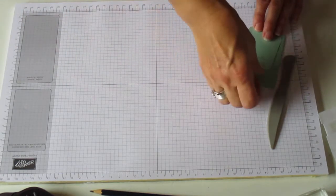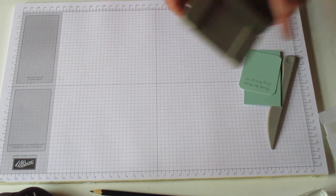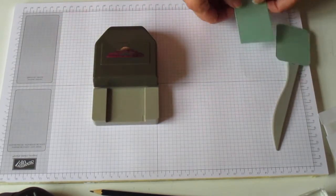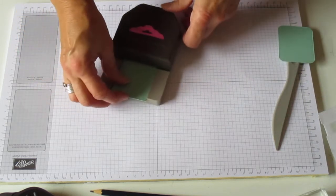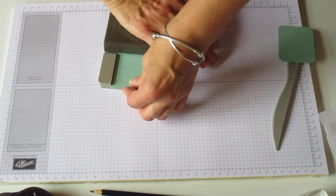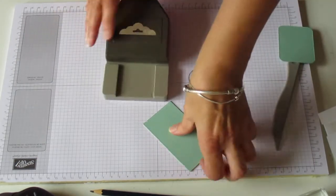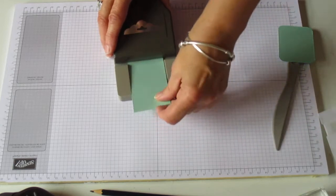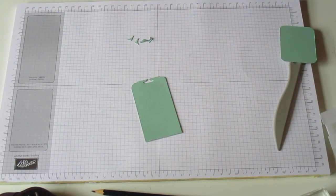I'm not throwing them on the floor, I do actually have a bin to hand. Now I'm going to use my decorative tag topper punch. This is the folded piece of card, pop that in, but it helps if you open the punch first. Pop it in, just punch it out, and there you've got,